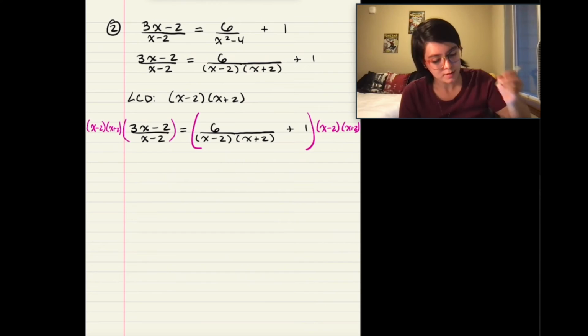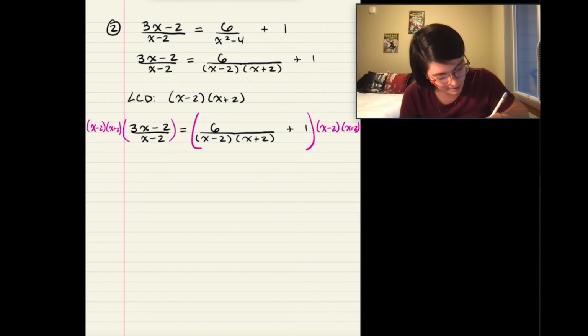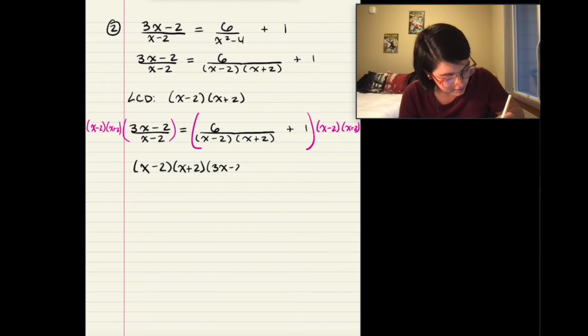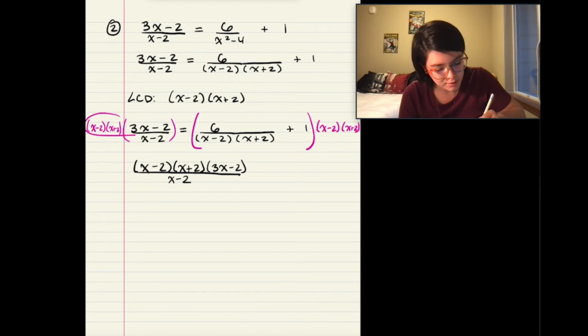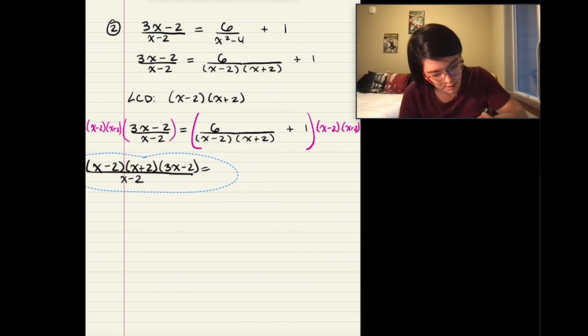He is important. So on the left, we have x minus 2, x plus 2 times 3x minus 2 all over x minus 2. So I just wrote everything in the numerator that's being multiplied. And then on the right, probably going to run out of room here. On the right,